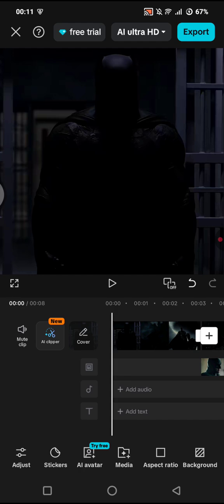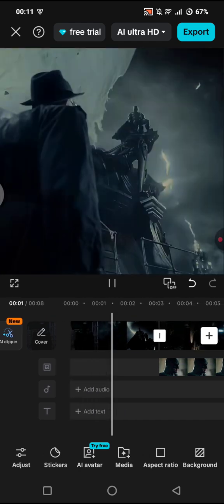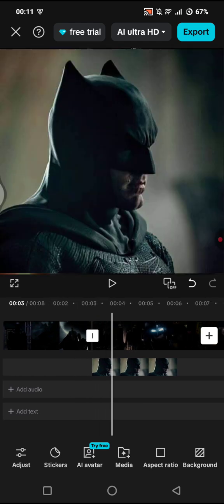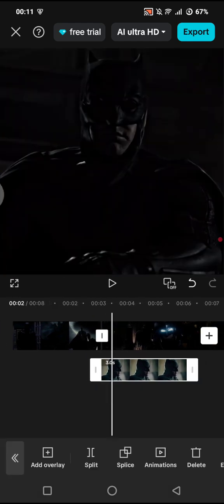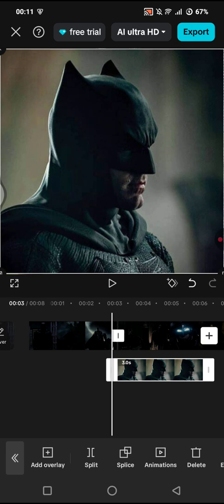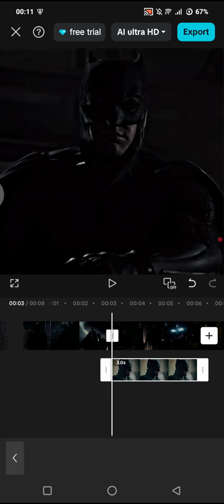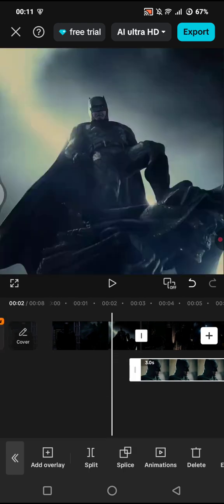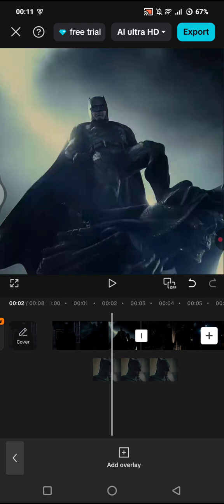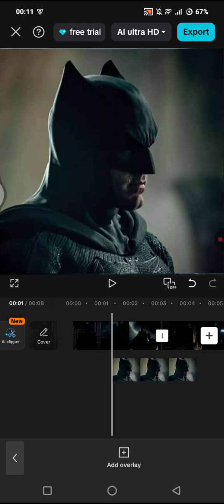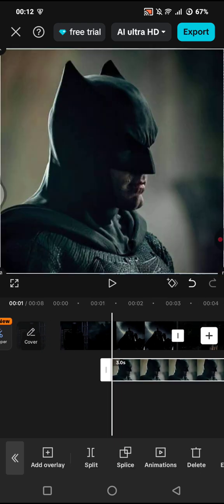So first you can start by adding your clips into CapCut like this, and then prepare an image like this. You can do freeze frame, or you can also add another image like I do in here and make it as overlay. And now you can just move the image in here under the first clip like this,